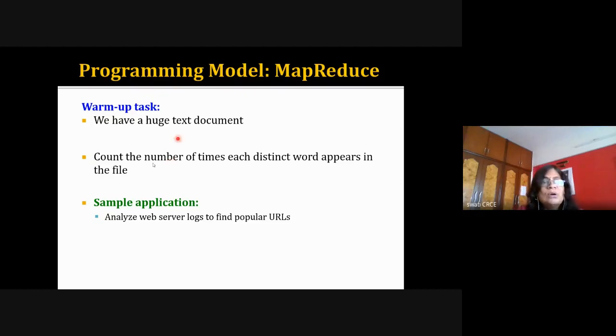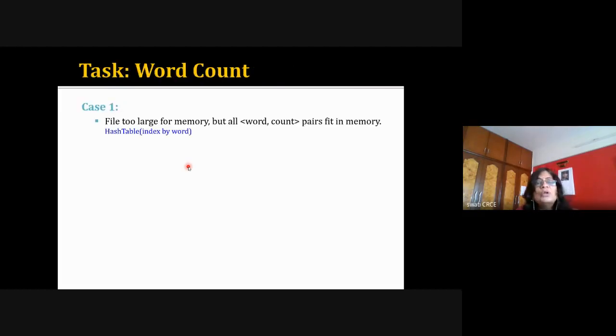Okay. So let's assume that we have a huge text document which cannot be stored on a single machine, or it will take lots of time, and I want to find out the frequency of each word in the file. So what will you do in conventional programming? You will give the input as a file name, and the file contains all the data. You may use a data structure like an array or hash table indexed by word, and your program will start reading the file.